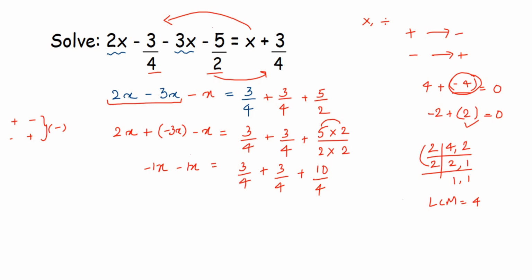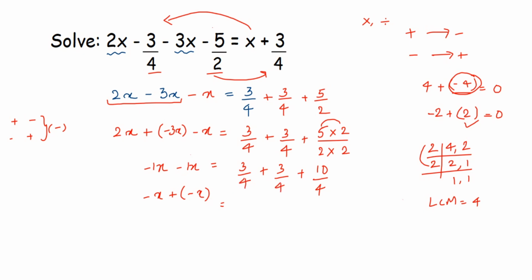Now let's subtract it. The first term will remain the same, which is minus x. Instead of subtracting, you will add the additive inverse of the second term. Now x is positive, right? Its additive inverse will be minus x. Now remember, this negative sign is the operation minus. It is not the sign of x. Remember that. So x is positive. Its additive inverse will be the same number with opposite sign. So here we have 1x. So you can write minus 1x or just minus x is equal to,